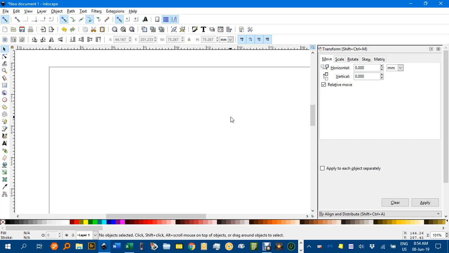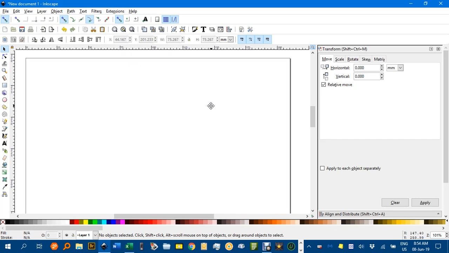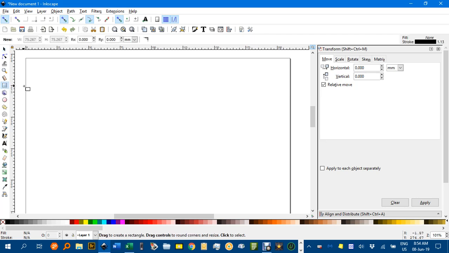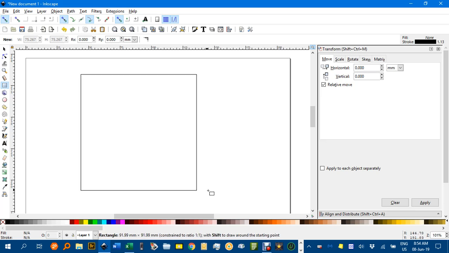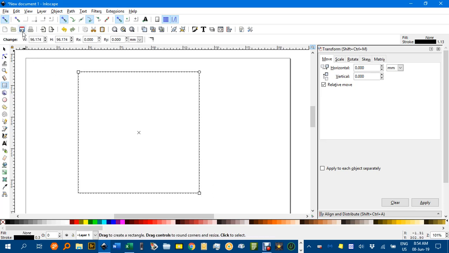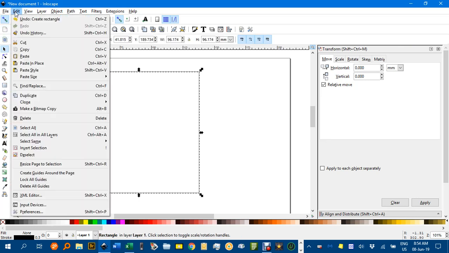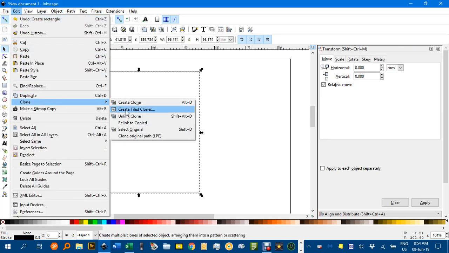In previous tutorials we've looked at curves of pursuit using the rotate and translate menu, but now we're going to use tiled clones and I'll show you how that works. So first we'll start with the rectangle tool, Control Shift and drag out from the centre. Okay, now with that selected, go to Edit, Clone, Create Tiled Clones,